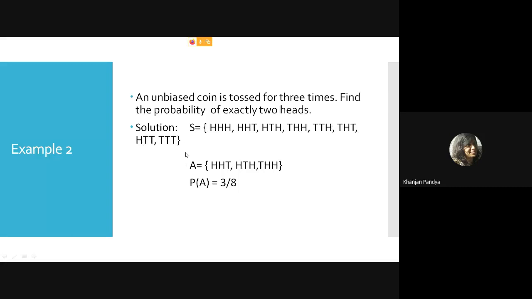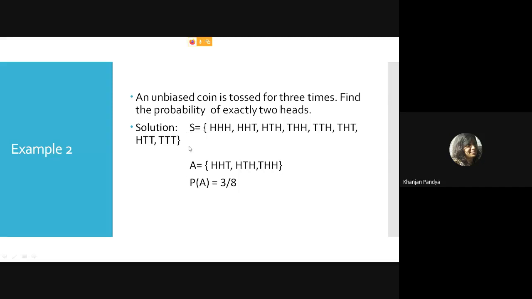2 raised to 3, so 8. And that's what the first we are having head. First two we are having head and next tail. Then first having head, next having tail, and next is also having a head. Then first having tail, then head, and then head. Then first two will be having tail, and next will be head. Then tail, head, tail, tail, and triple tail. Right. So this is the outcome.